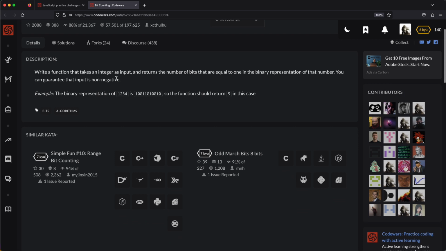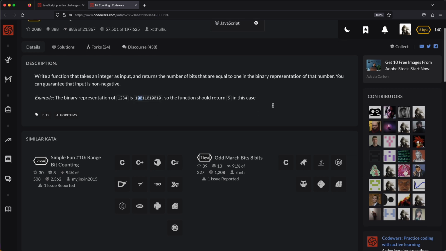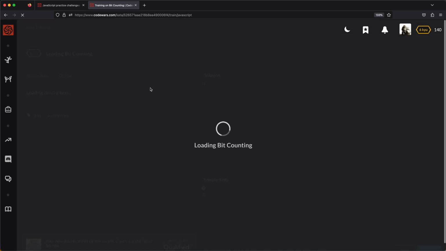Write a function that takes an integer as input, like this number, and returns the number of bits that are equal to 1 in the binary representation of the number. So you can guarantee that the input is non-negative. Okay, so if we have given this, it will be like these binary numbers, and then we would count basically the number of ones, or we could remove the zeros and then see the length of the array. There are multiple ways to do this. Okay, let's go here,